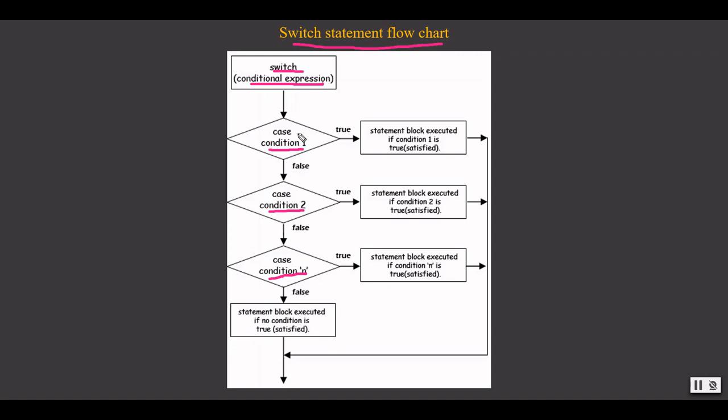If it matches with any one of the cases, if it is true, meaning the expression matches the case label, then the statement block associated with that case gets executed. If it is false, it will continue comparing with the rest of the case labels, and if none of the case labels match, then the default block gets executed.